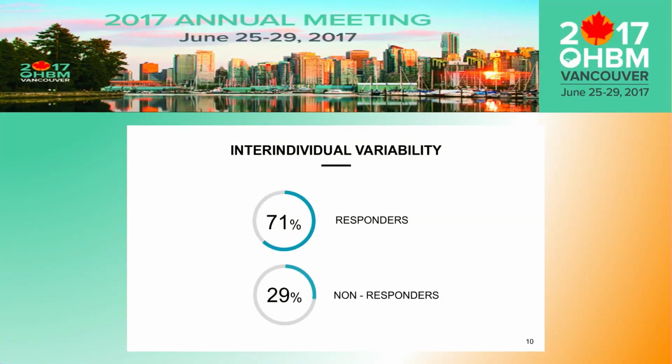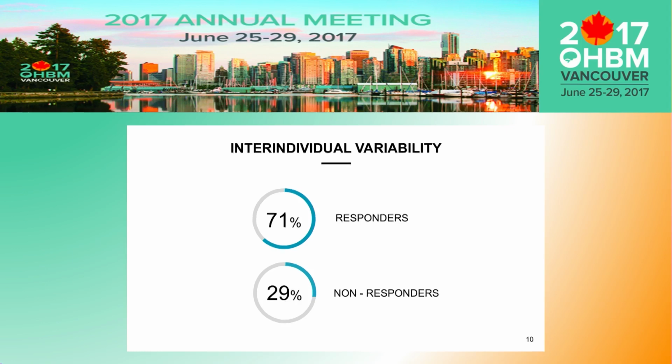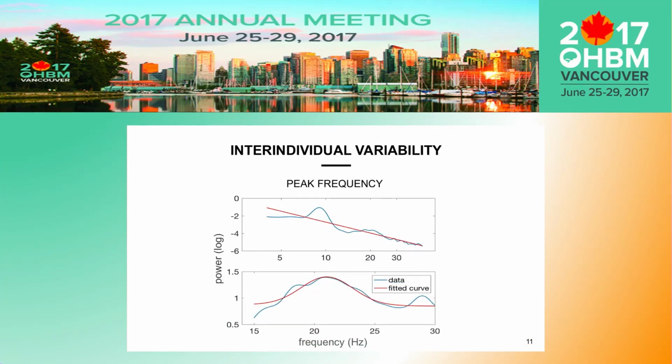So what is also evident from these person change plots is that there is a very high variability in how the participants responded to the stimulation. About 70% went in the direction as expected, but the other 30% did not respond. So one potential factor for this variability might be that we did not individualize our stimulation frequency.